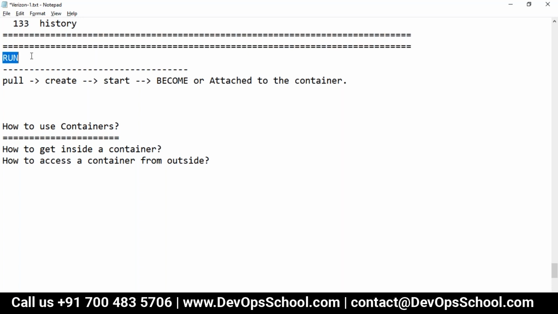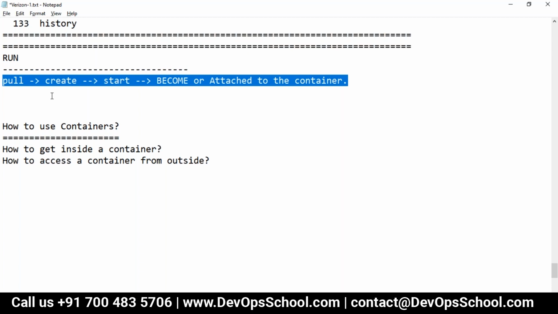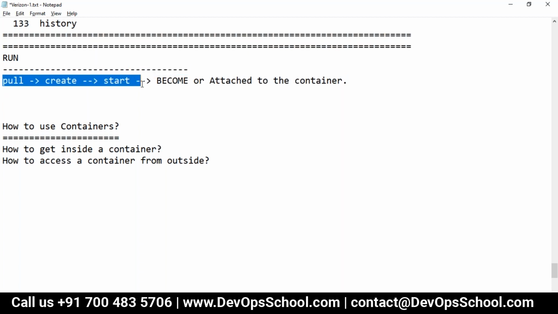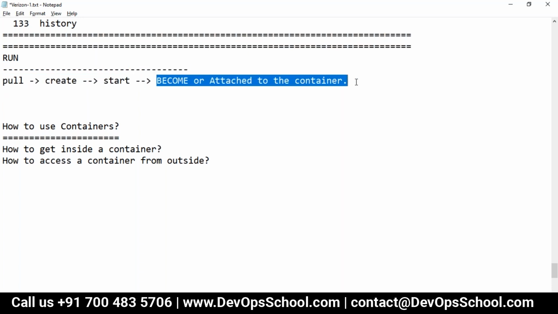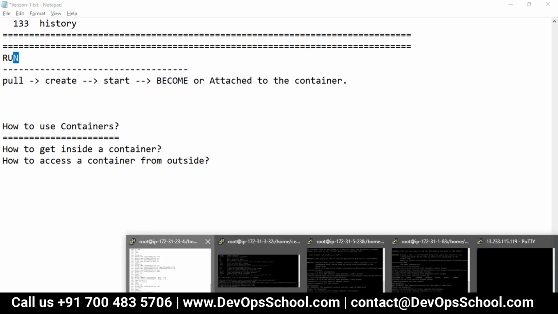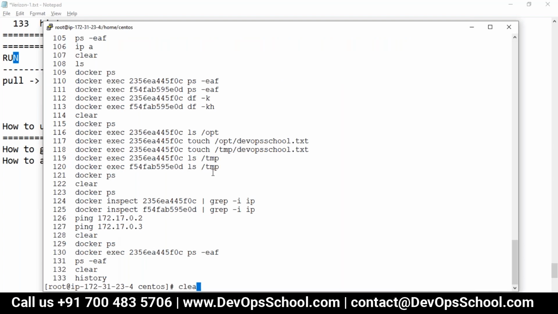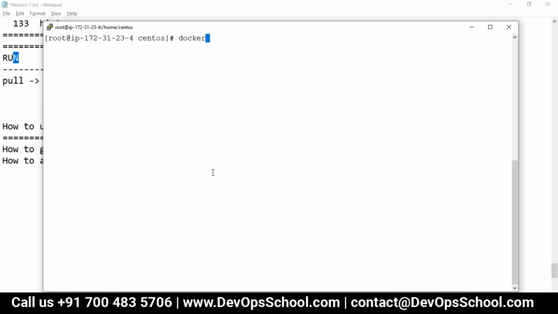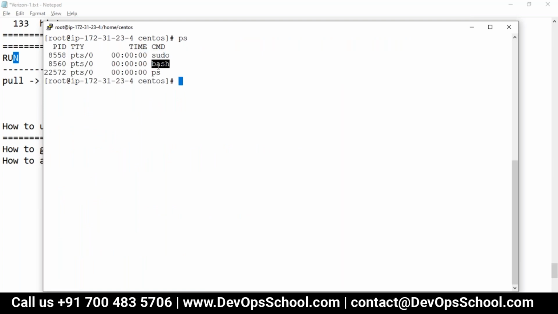But guys, when you use the run command in Docker, then basically you get the complete behavior. Now, all this behavior, you know that. What exactly this is, we need to understand. I said here, become or attach to the container. So can you do one thing? Instead of create and start, can I use the command called run? So let me clear the screen here. Now guys, see, who am I right now? Who are you? Guys, I am Bash right now.